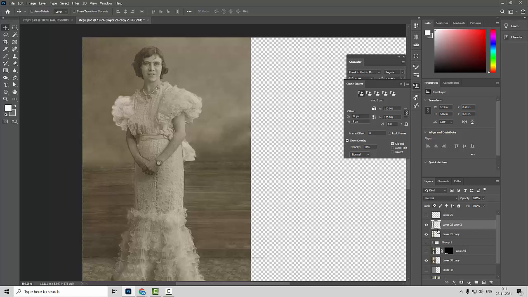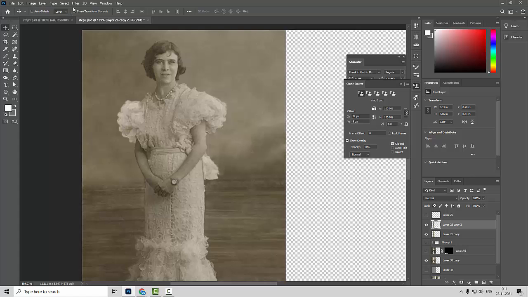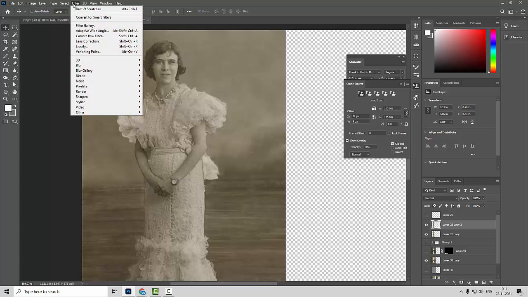This is my original layer and this is my duplicate layer. On that duplicate layer I select the Filter menu, select Noise and use Dust and Scratches. This plugin will remove any artifacts and scratches on your image.